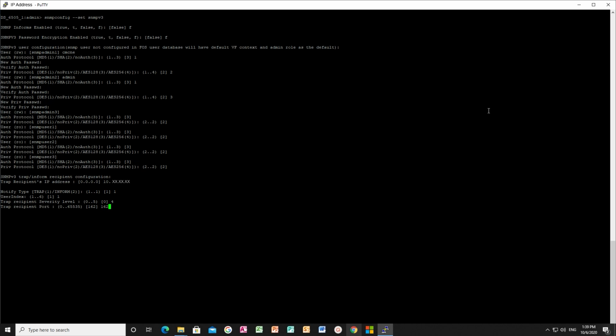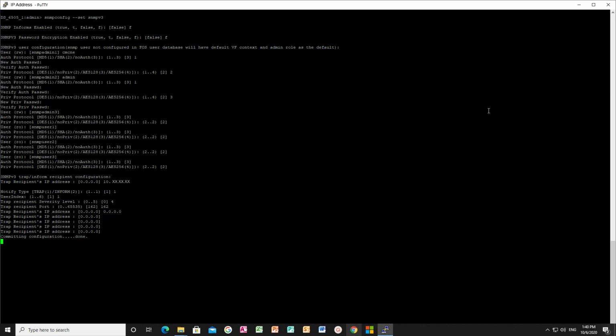Enter the trap recipient severity level. Specify the UDP port where SNMP traps will be received. Valid port IDs range from 0 through 65,535. The default port is 162.